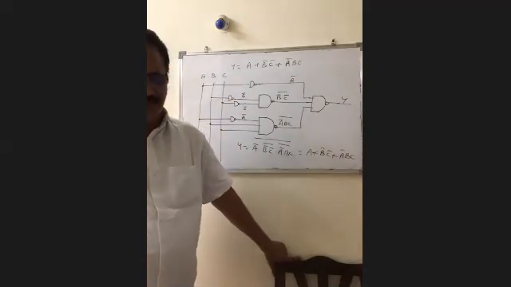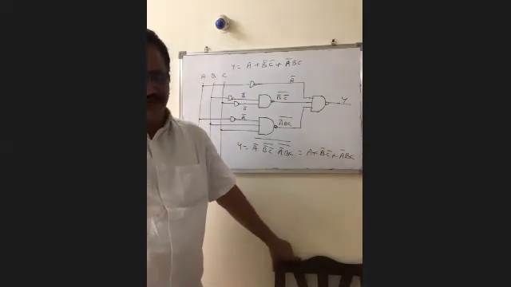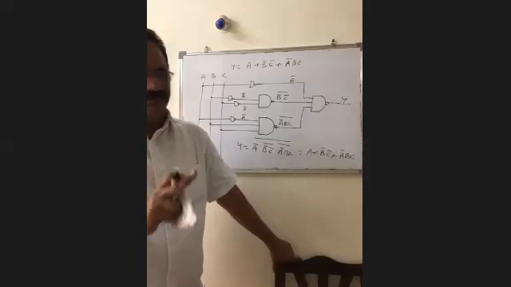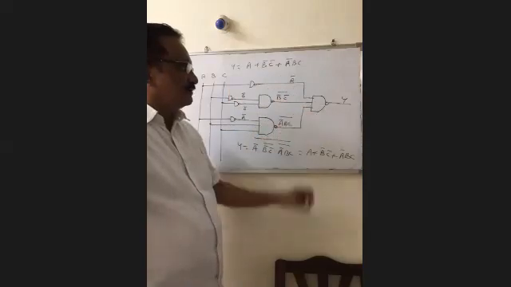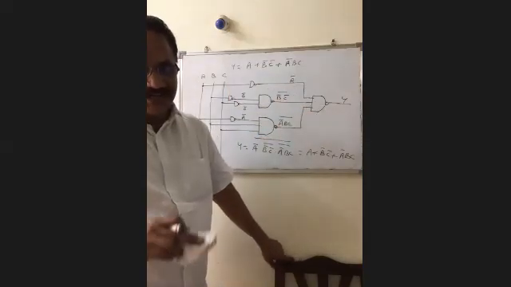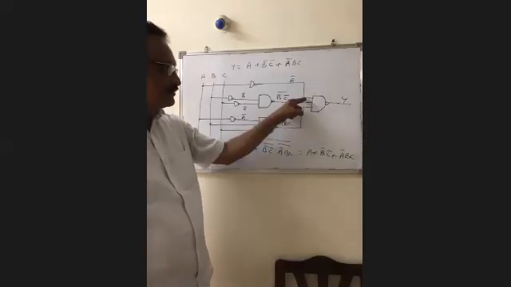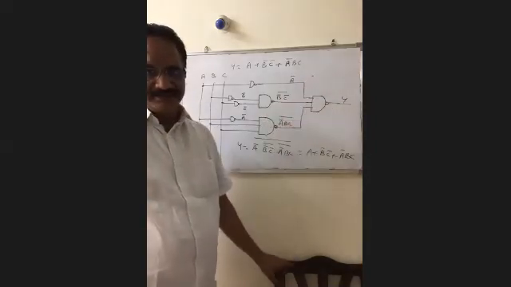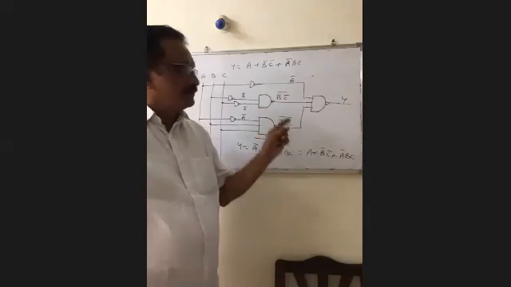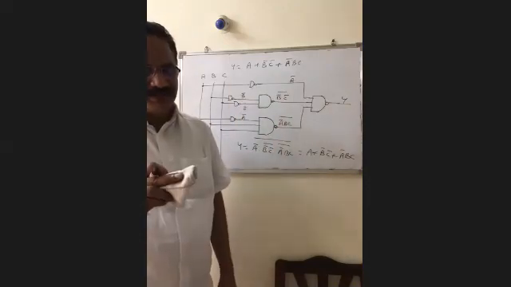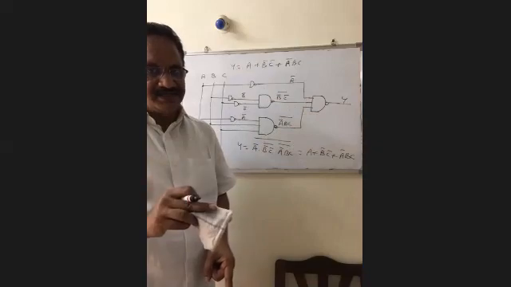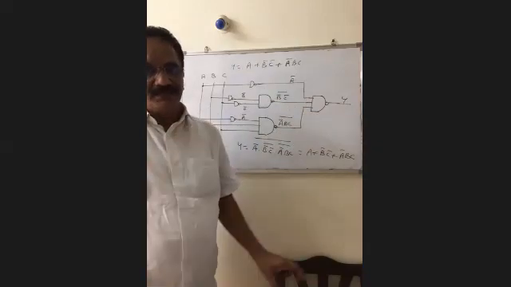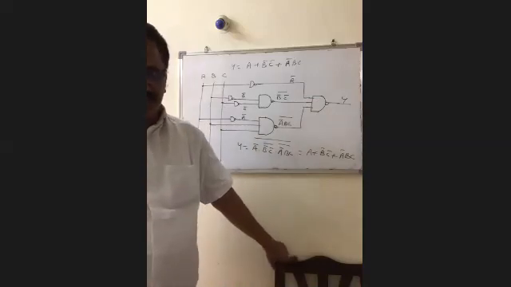To realize the given SOP expression by using only NAND gates, if any product term contains only one literal, you have to connect the complement of that literal to one of the inputs of the second level NAND gate. Memorize that point. In the case of AND OR NOT realization, we have to connect the A only to the OR gate input. In the case of NAND realization, we have to connect the complement of that one, A bar only, to the input of the second level NAND gate.